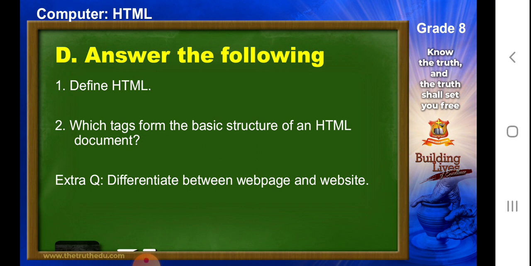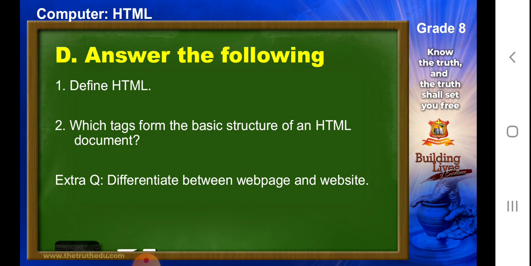So if you have written these answers, HTML tag, head tag, title tag and body tag, and described them in your own words, then it's perfectly fine. Your answer is complete. Next, the extra question, we discussed how to differentiate between a web page and a website. Again, we have so many points here.